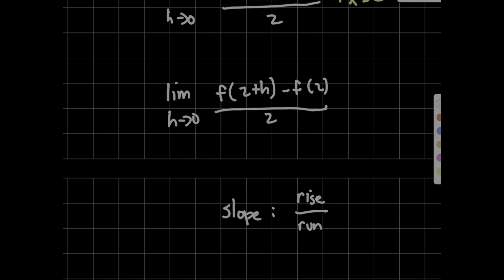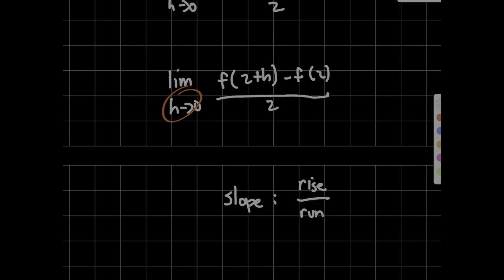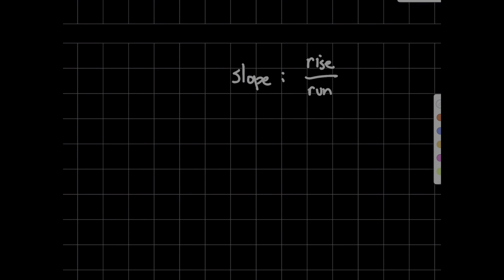You're taking this h value and you're converging it to a difference of 0. And if you look at y equals x squared at x equals 2, so say right here x equals 2, if I were to zoom in here,